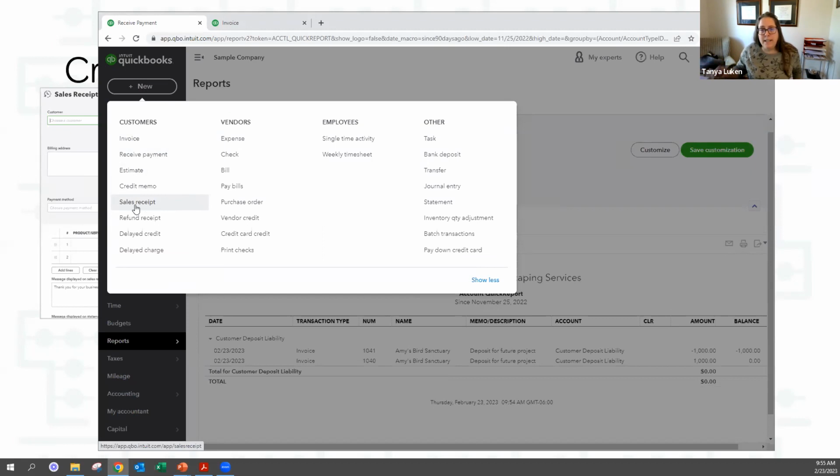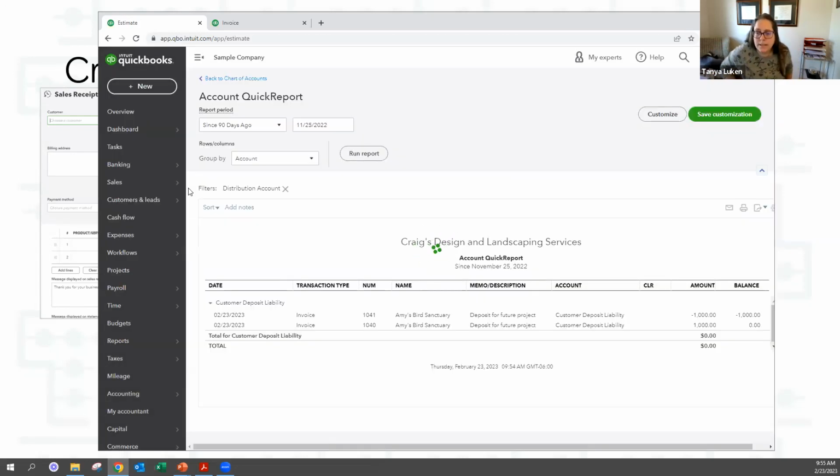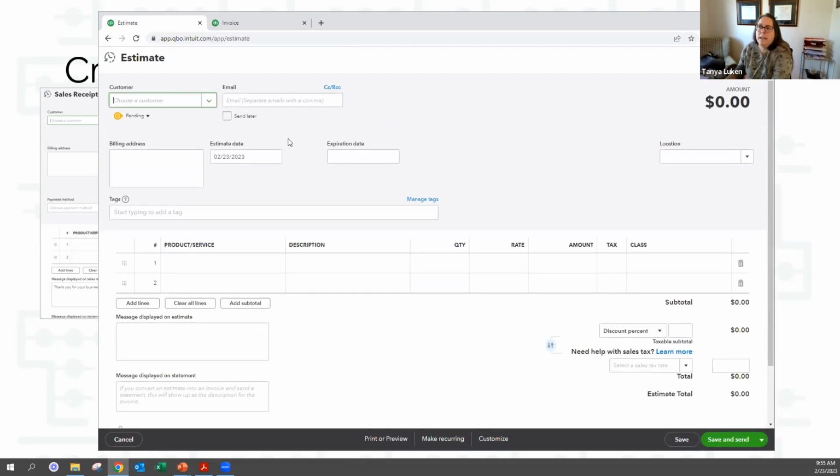A sales receipt is if you have the money right now and you also want to record what you sold. An estimate, just to look at these, is if you're going to do future work, you create an estimate for someone and send it to them to say, here's what we think it's going to cost.